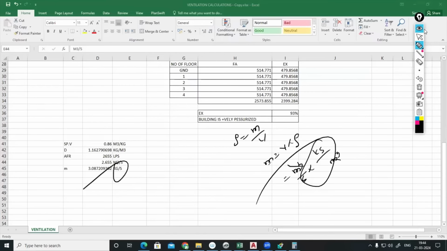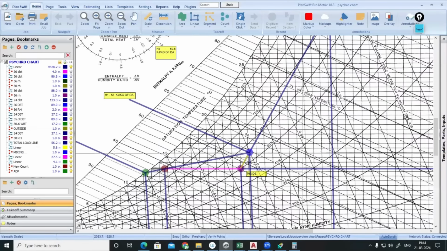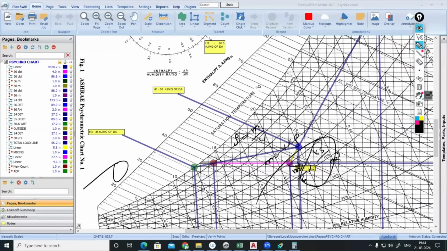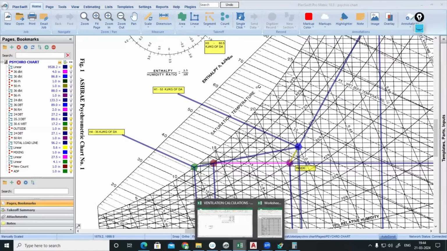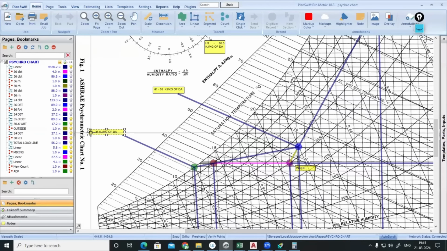Now you can find the total heat to be removed, the coil capacity. It is mass of air into H1 minus H2. H1 we know, it is the mixing condition. I'll take H1 and H2 from the psychrometric chart. H1 is 53 kilojoule per kilogram of dry air, and H2 I'll be considering,